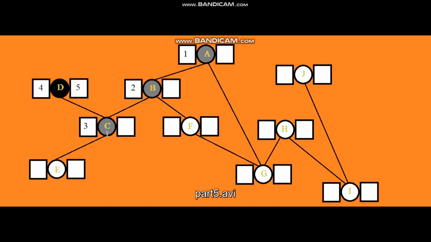So E would be colored gray next, since it is visited, and it will have a starting time of 6. Then we see that E doesn't have any child, so we end it there itself. It will be colored black with a finishing time of 7. We will backtrack to C. We will see that it doesn't have any more unvisited child, so it would end exploring, and we will color it black. It would have a finishing time of 8.